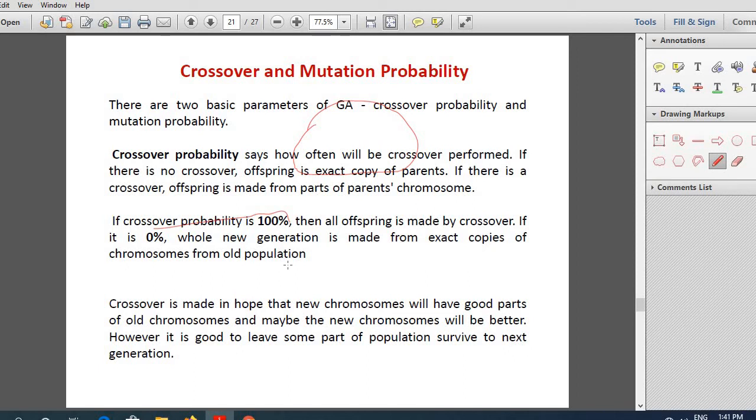It is like making an exact copy of the parent. 20% parents themselves are copied as offspring. So in that way also it can be done. If the crossover probability is 0%, it means that the generation just copies to the next generation.